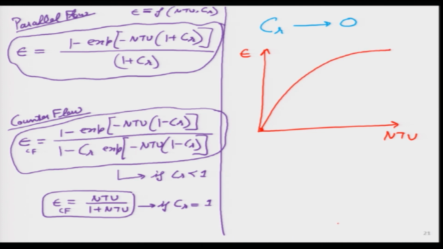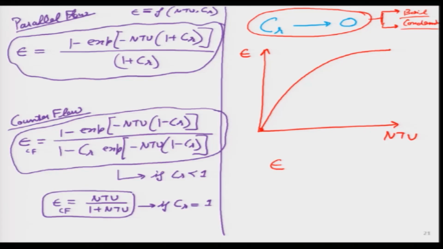So, this represents epsilon-NTU for CR equal to 0, and I will remind students what CR equal to 0 means: it is either a boiler, boiling is taking place, or condensation is taking place. That is why, when we started the heat exchanger topic, before that we looked in huge detail at boiling, pool boiling, flow boiling, nucleation site, then condensation, dropwise, film condensation. That was very important, because in a heat exchanger it turns out that if you have phase change, its performance is almost the best, and the expression for that turns out to be a very simple expression like this.